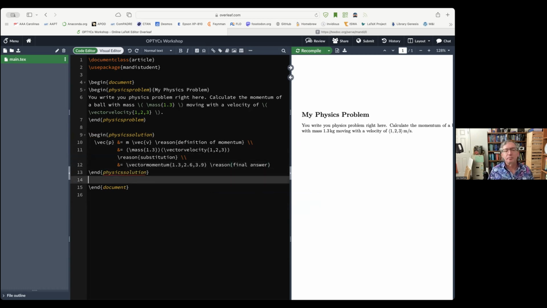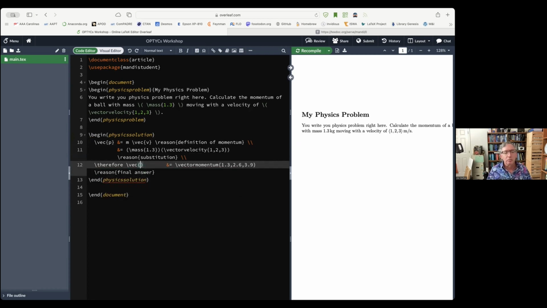Okay. So I'm just going to pause a minute here to let everybody sort of get caught up. Oh, I like to do one thing down here on the last line. I like to add a therefore. And again, this is just purely a stylistic thing for me. I like to add a therefore sign. And let me typeset this. And I want you to